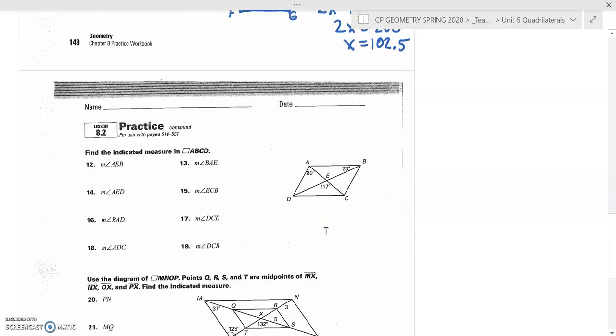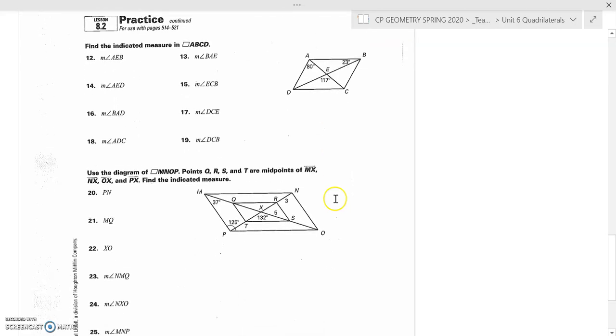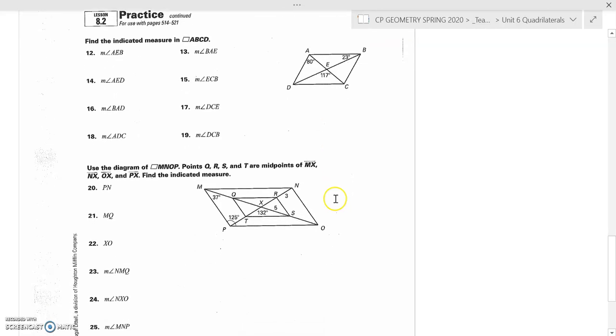All right, let's take a look at 13. We're kind of moving right along here. It says find the indicated measure in parallelogram ABCD. So for number 13, they want us to find the measure of angle